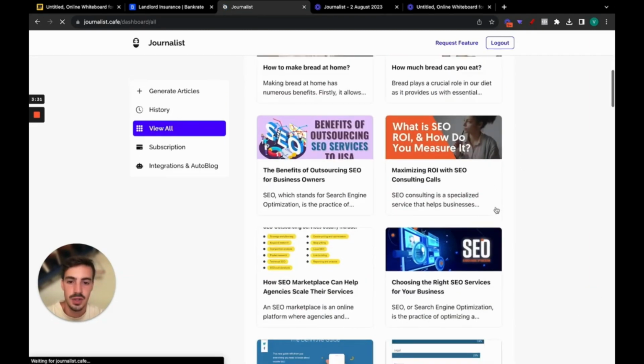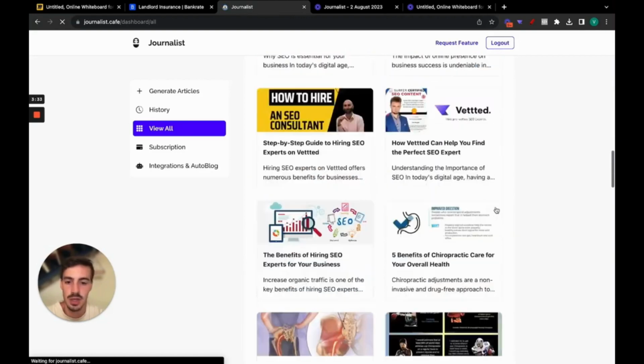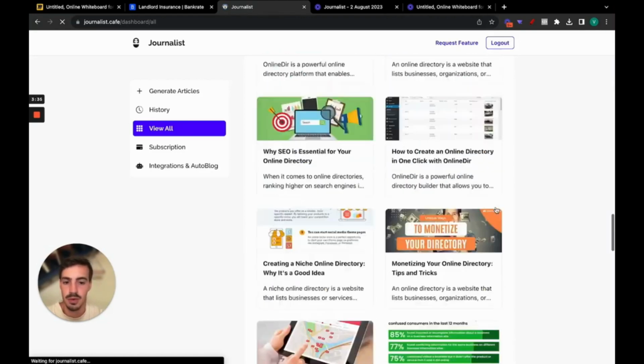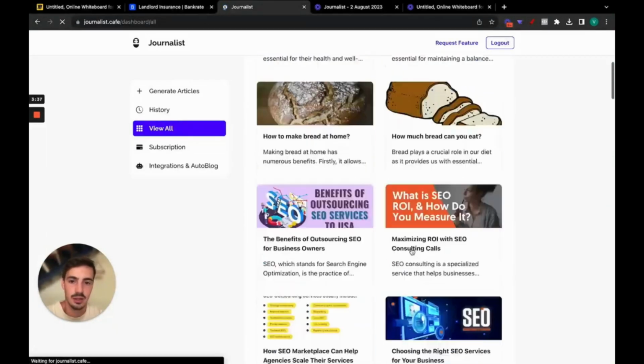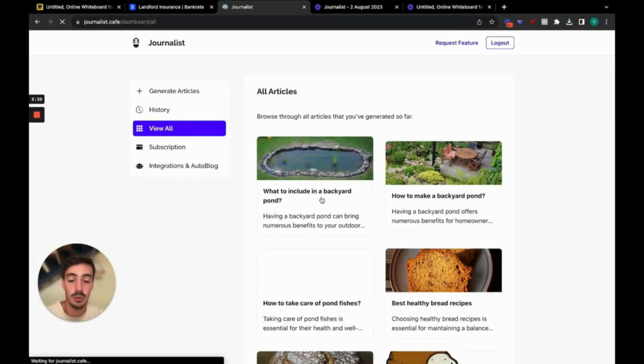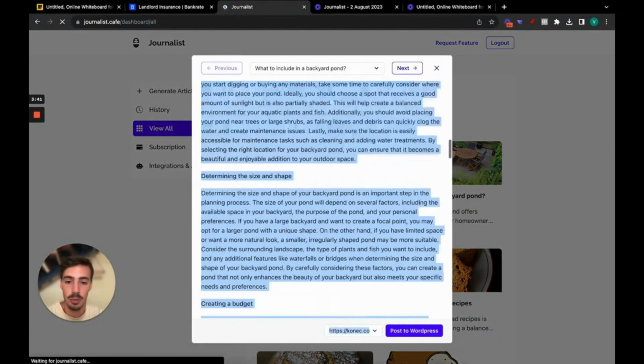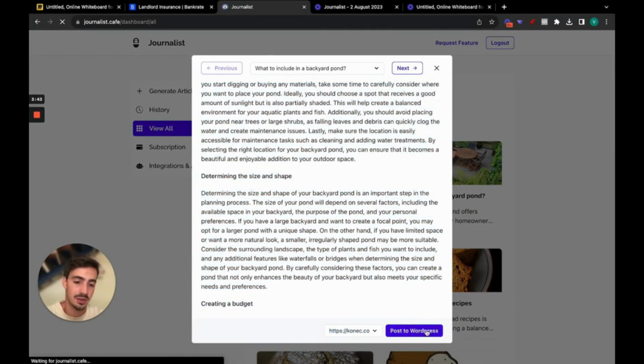Again, all these are SEO optimized with images, proper introductions, proper descriptions. Again, you can just take this, copy and paste them and post them to your website. You can do three things here. You can just click the article, copy it all and post it to your WordPress site. You can just click this button to automatically post it to your WordPress site, or you can just go here